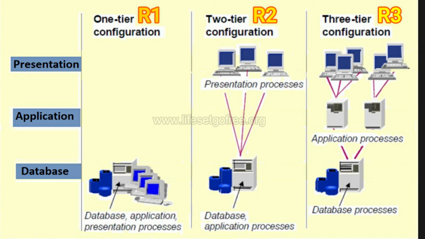Okay, this part we have understood, right? What is R1, R2 and R3. But what is important is why SAP is following three-tier architecture. It started from R1, later changed to R2, and now it has come to R3 architecture. But why? What is so special? Why is it following R3 architecture?